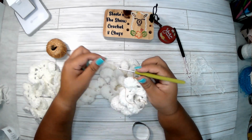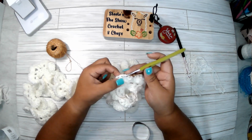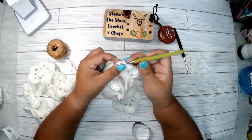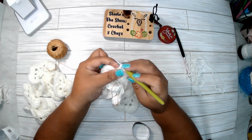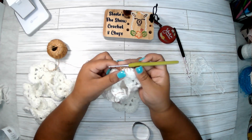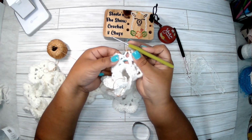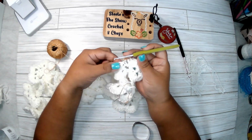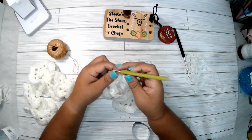So let me continue. And one single, another single, one more single, and one more single. Now right here I'm going to do two singles, okay, and to the slip stitch we did right here, you can see this one right here, you are going to do one single, go to the next, you're going to do two singles. Okay,